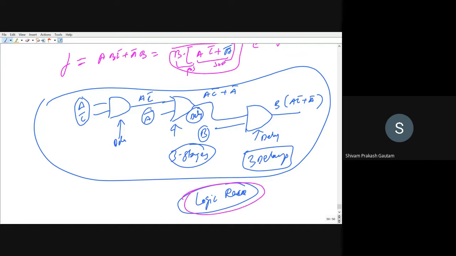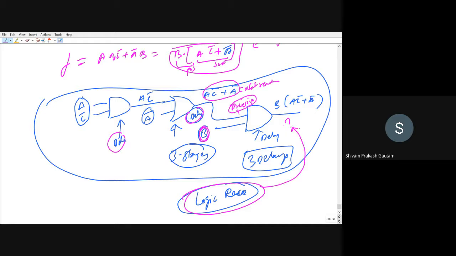A logic race condition is a condition when you have applied an input here. Let us say, I'm just giving an example. You have already applied an input here, and this output has still not reached here. Why has it not reached? Because there is some delay in this and this. So the previous output is here, because these gates are used day in and day out. So the previous output might be there, and this system will assume that this previous output is the present input and will provide the output here at this point.